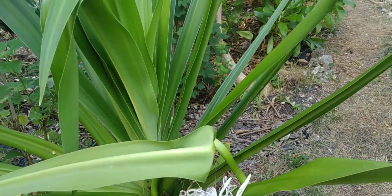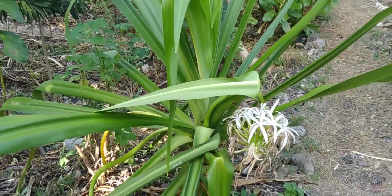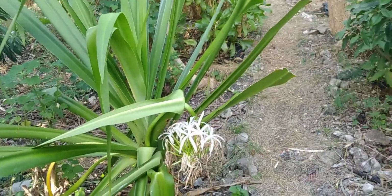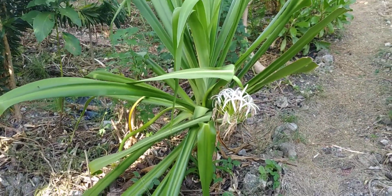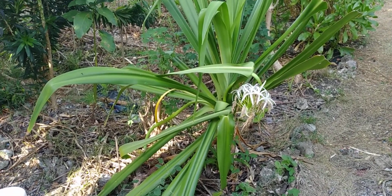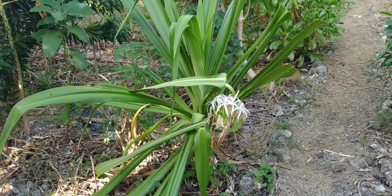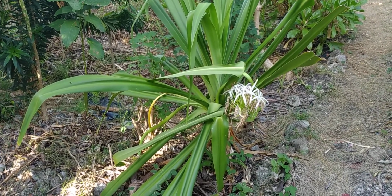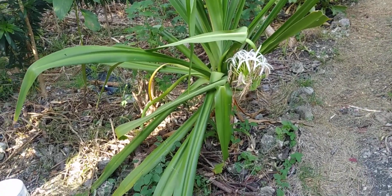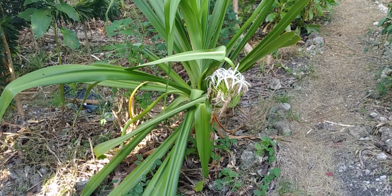But the other thing is it does grow wide, and I put it in this position without thinking how wide it was actually going to get. So the others that I'm now going to plant are going to go more in the front of the garden, because it's so visual, so pretty, that you want to show it off. But yeah, it's grown really well here. It really likes this position because it's at the bottom of the slope. It gets a lot of water,